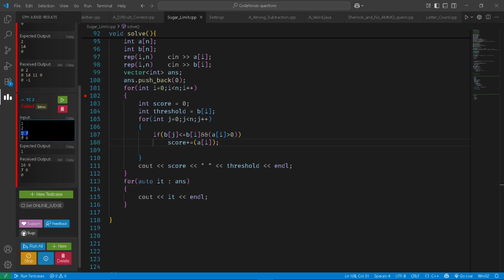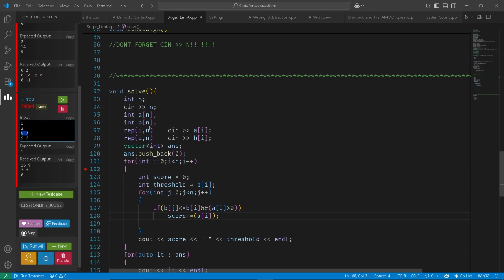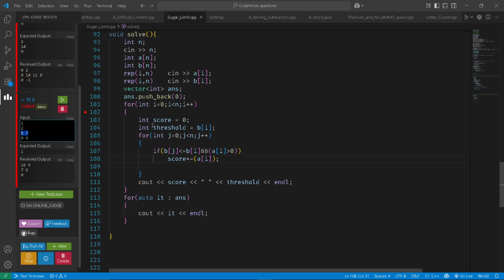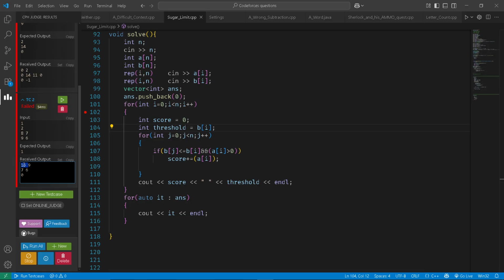8 plus 7 is 15. Okay, I think wait n 2 ai bi. Okay, score equal to 0, threshold equal to 9, j equal to 0, j less than n, j plus plus. If this 9 less than equal to 9, then and ai greater than 0, score plus or equal to 8. Okay, and then again this thing score plus or equal to 7. 16 minus 9, how did you get 16 minus